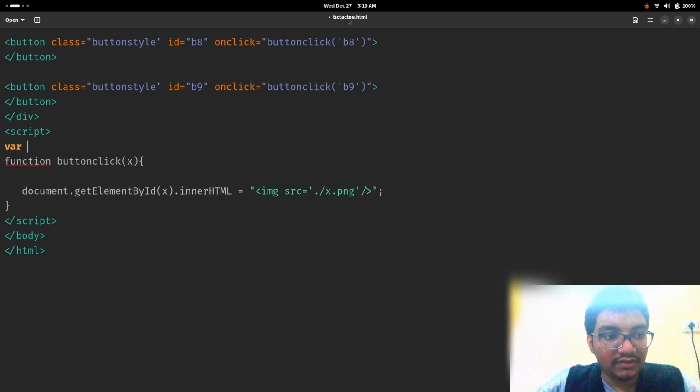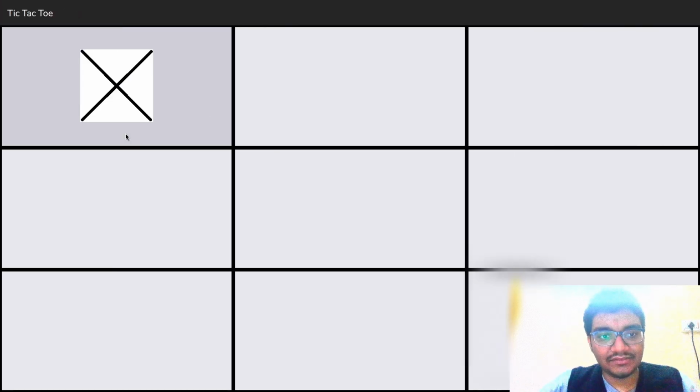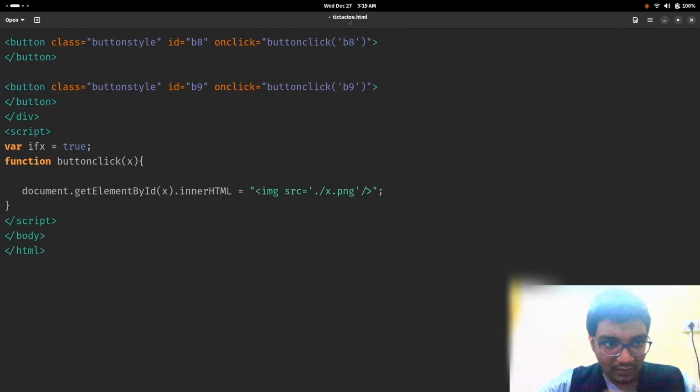For that Boolean variable, we are going to add a var variable. What name are we going to give this variable? For example, ifX. Initially it will be true because the first turn comes to X. Obviously, whenever you start a tic-tac-toe game, you always start with X. Now, button click X. Okay,